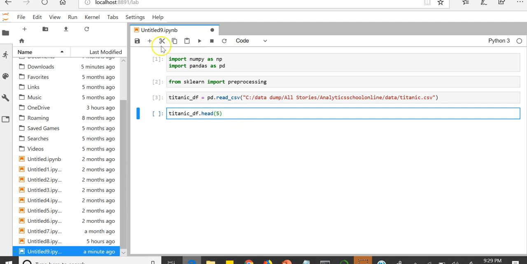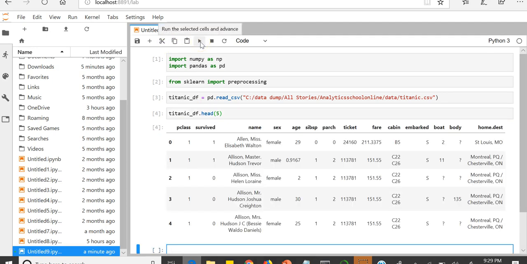So let's say I want to see 5 rows, and then I run this, and this gives me what our data looks like. So this is the first step of our data exploration, where we pick up the initial few rows of the data and see how it looks to get a feel of the data. So this is all that I'll discuss in this lecture, apart from the fact that